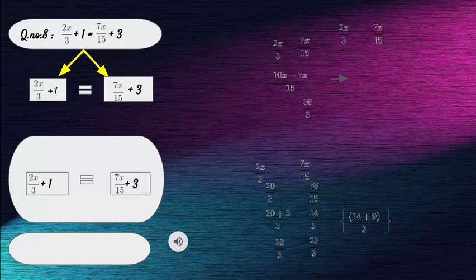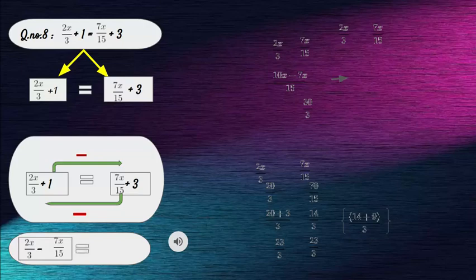Okay. So here from left side plus 1 we have to shift right side. Plus 1 is there, then change it as a minus 1. And from right side, we have to take 7x upon 15, that's a positive integer, will come as a minus. So now we will get 2x upon 3 minus 7x upon 15.